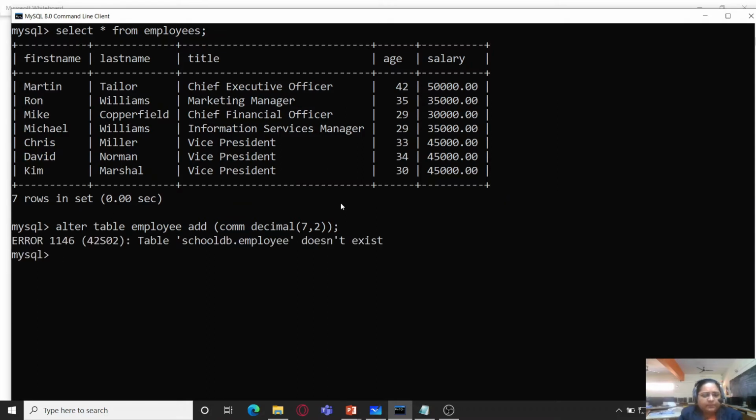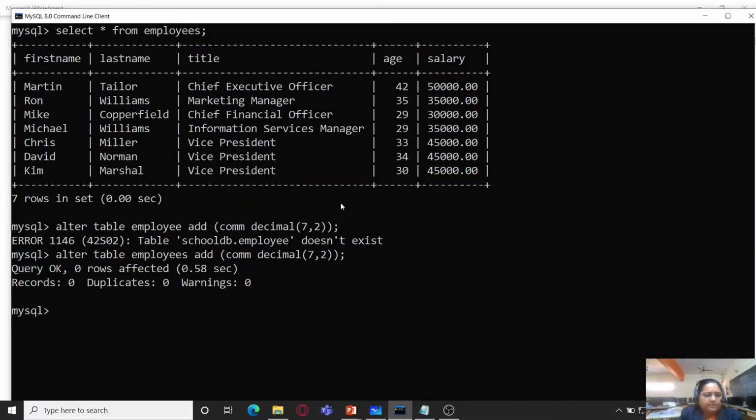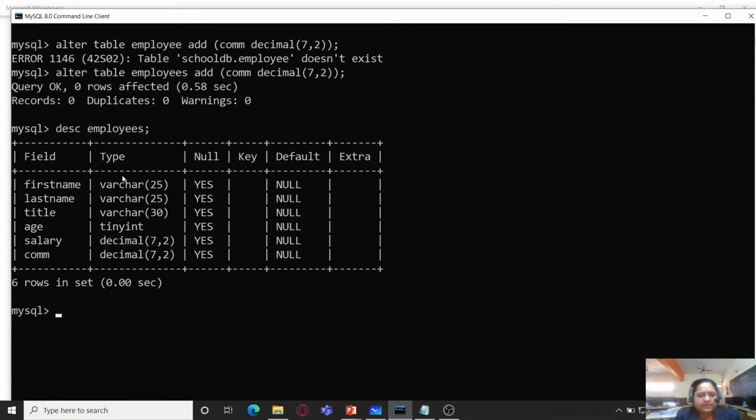And okay, the thing is, I made a mistake. It is the table employees and not employee. So now let us check out the table structure, and you can see that this new field has been added, that is com.